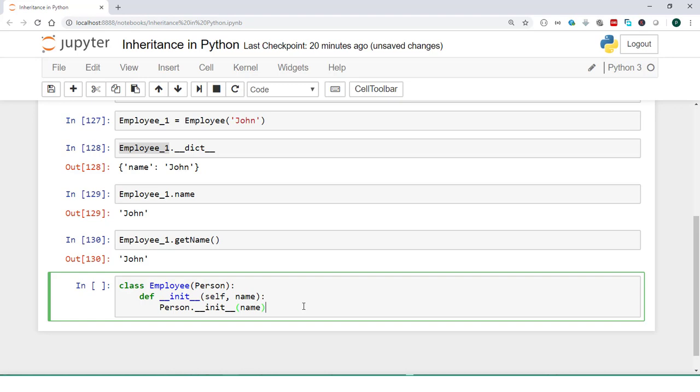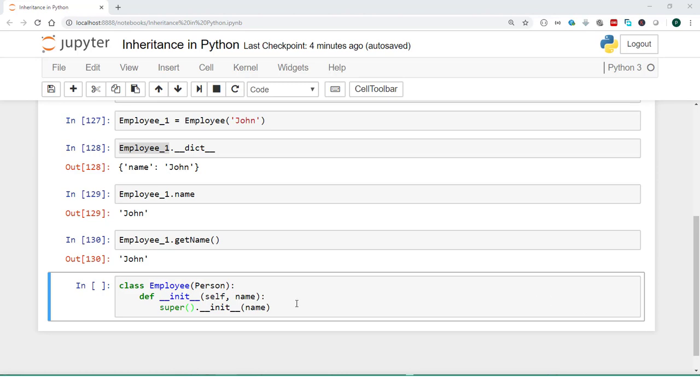Apart from this, we have another convenient and Pythonic way to do it by using the function called super in place of the class. So what is this super function going to do? I'm not going to explain in detail now, but I'm just going to give you a very quick gist of what it is all about. And in the coming lecture, we are going to have a detailed explanation of what super is going to do